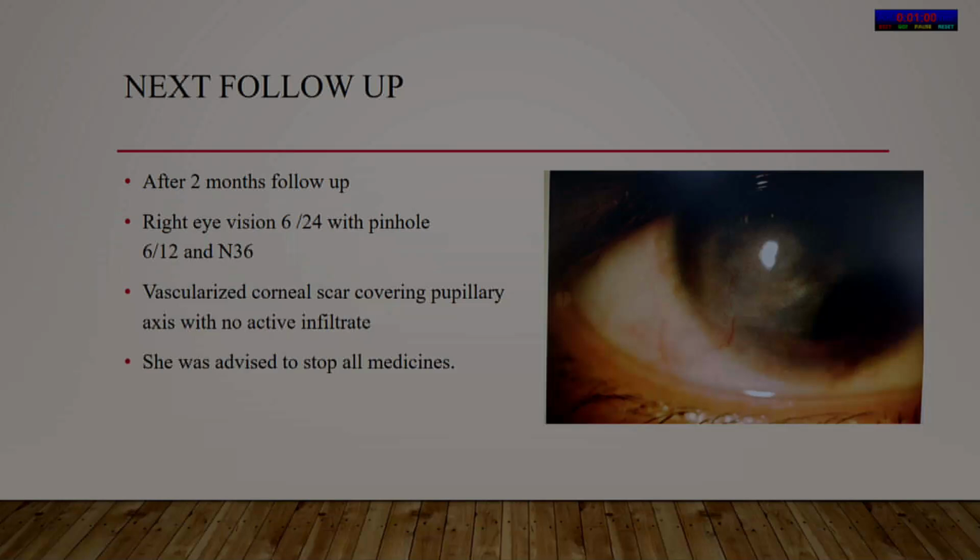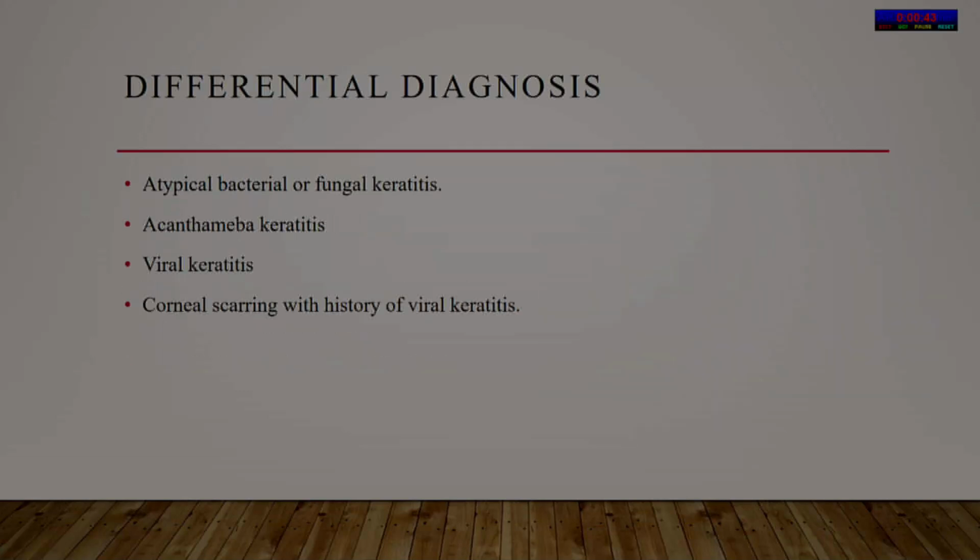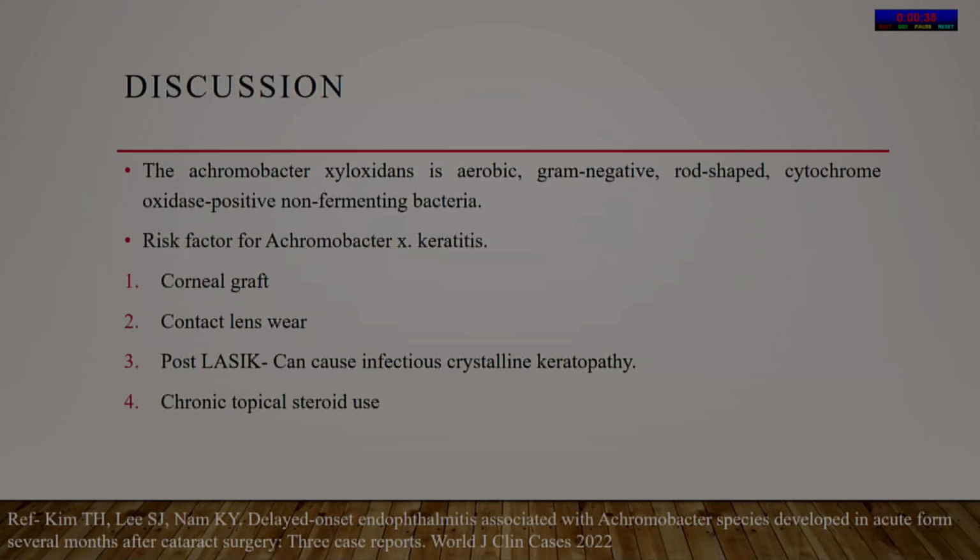On her last follow-up, the right eye vision improved to 6/24, and with pinhole it improved to 6/12. There was a well-defined vascularized scar covering the pupillary axis, but there was no active infiltrate, so she was advised to stop all medicines. So coming to the differential diagnosis: atypical bacterial and fungal keratitis, Acanthamoeba keratitis, viral keratitis, and corneal scarring with history of viral keratitis. So coming to the discussion,